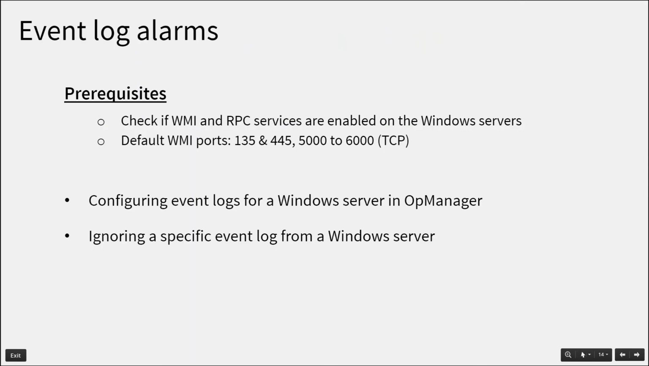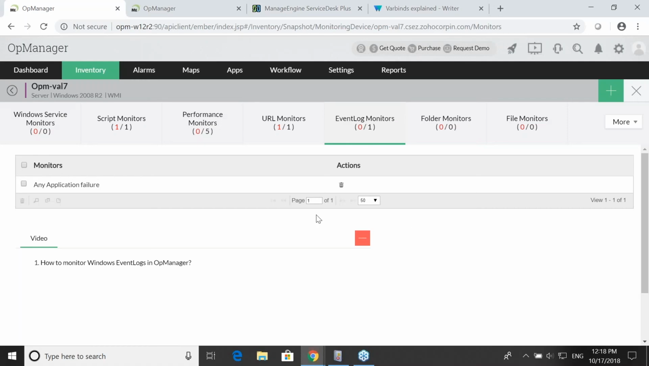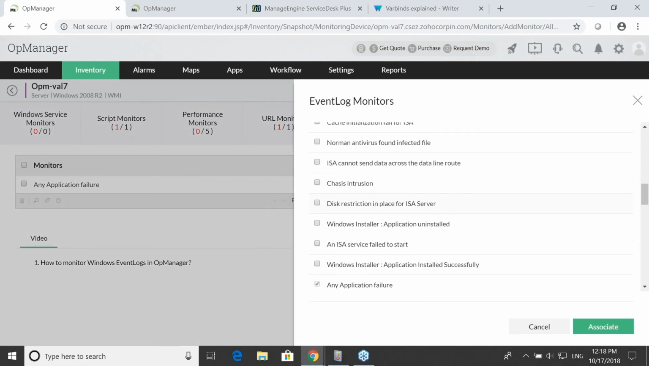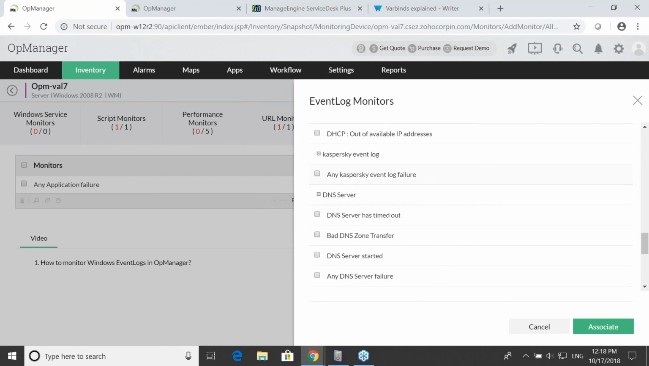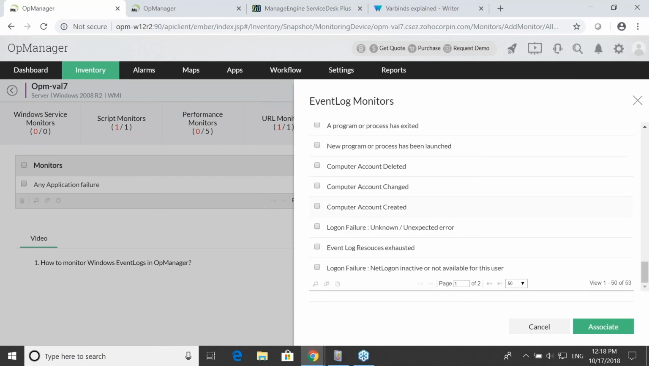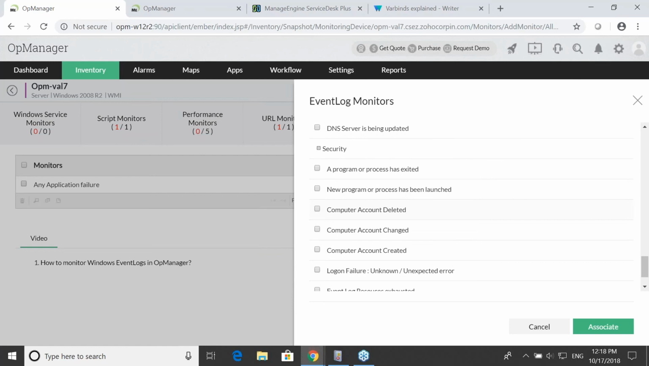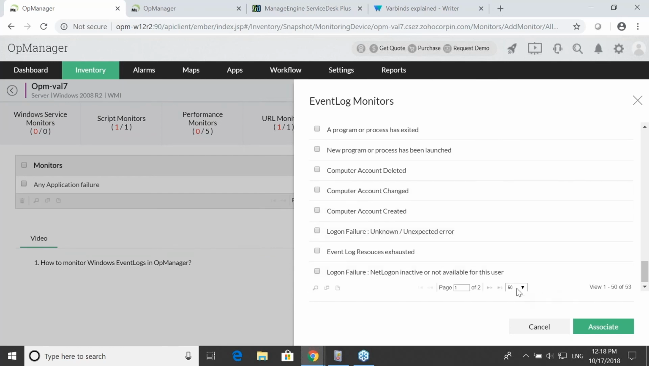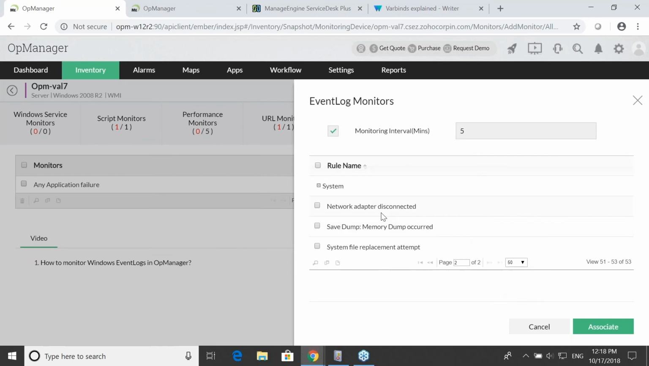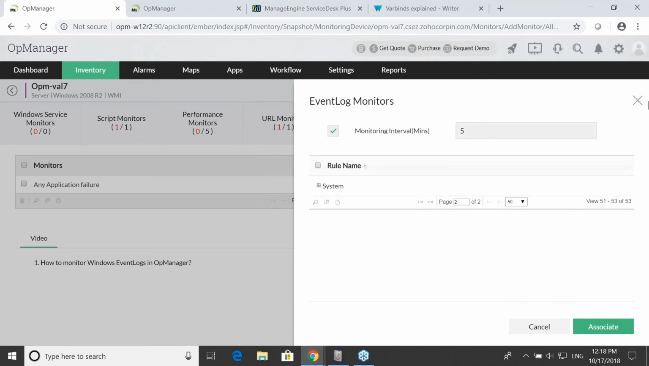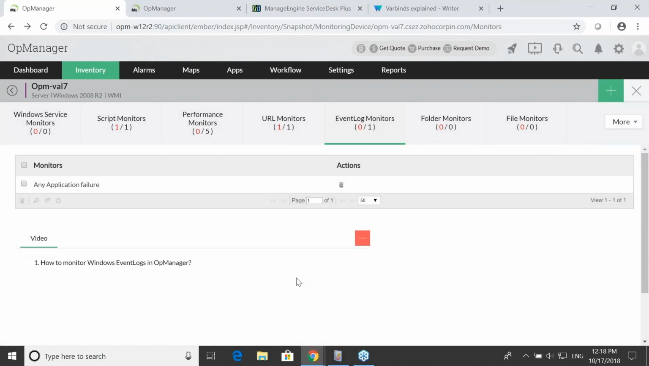Next we have is ignoring a specific event log from a Windows server. Say in the similar case, let's say from the security option I have selected any security failure, and I have updated. Go to the next page. Still I don't find it. Okay. Alright, so let's say I have associated any security failure for this particular device, and